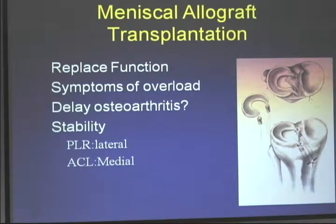Obviously, replace the function of the menisci. Usually these patients have pain. I think probably what we don't do enough of, and what has a role, particularly if you are a ligament surgeon, is the stability on the lateral side. If you have a posterolateral corner injury and you're missing any of your lateral meniscus, that knee is going to be more unstable. Particularly in the ACL deficient knee, we know that the medial meniscus is the most important secondary stabilizer,